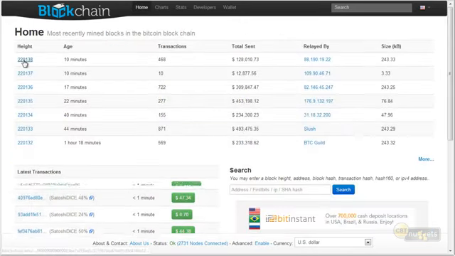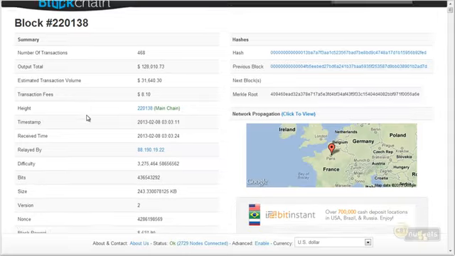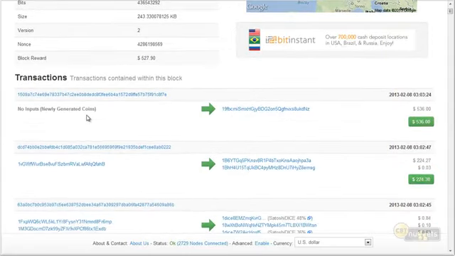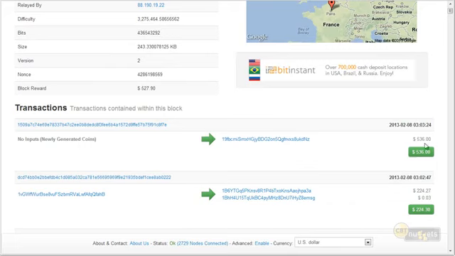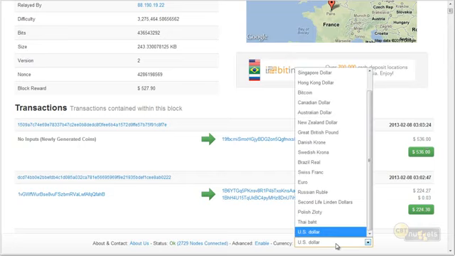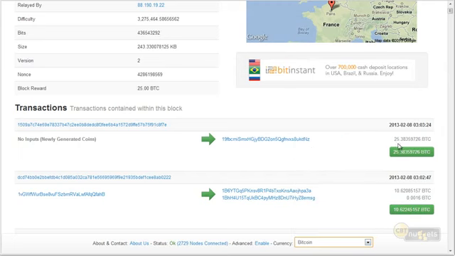So if we go back to that same one and we open up that block, if we scroll down a little bit, it's going to show us the transactions in that. So there's a total of 468, but the very last transaction right here is for $536. That's US. Now that's based on the current exchange rate. If we change this back and say, you know what, I want to see this in BTC, from Bitcoin, it's going to show us that it was 25 point something BTC. Now the 25 Bitcoin itself came from the Bitcoin network, and the 0.383 and so forth change was additional transaction fees that people had included when they wanted to do their transactions, whether it was 0.001 or some fraction of a Bitcoin.